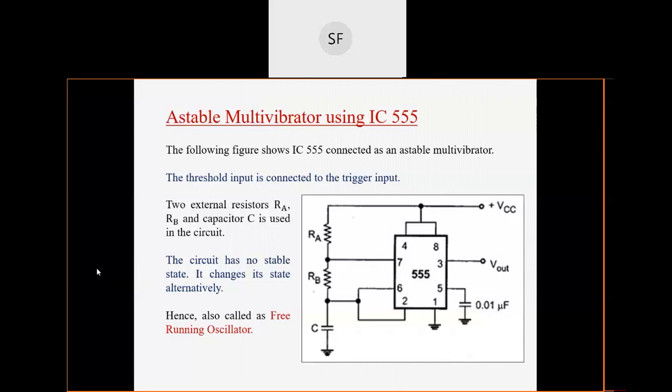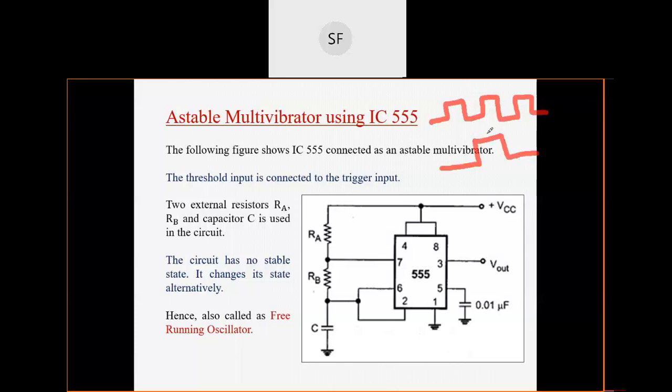Now at the output of the astable multivibrator you will get a rectangular wave. We'll just draw it for you. So, a rectangular wave or square wave. The output will be continuously on, off, high, low like this. In monostable, what you got at the output was only a single pulse. So these are the different waveforms.